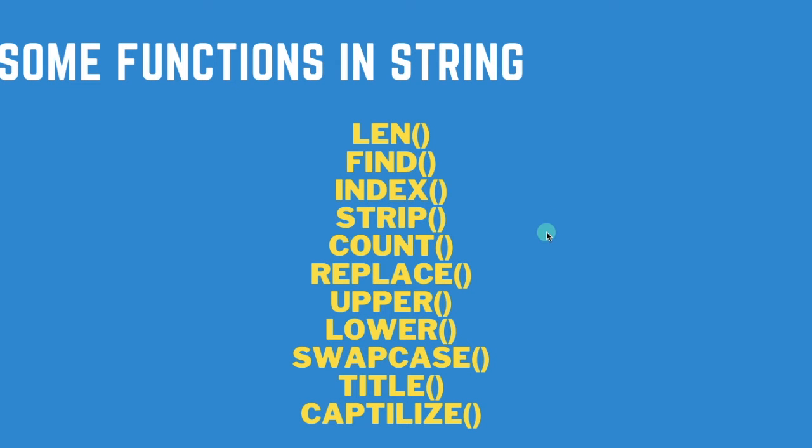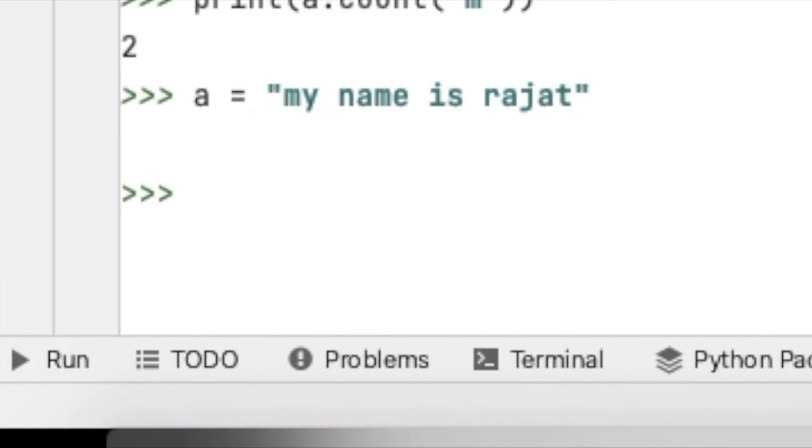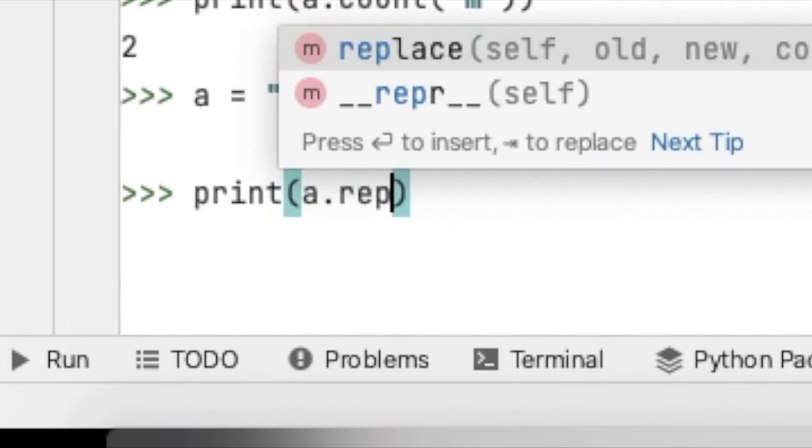Now the next one is replace. Okay, let me give you the example for this. So here I'm taking like my name is Rajat. Okay, and I'm using here print A dot replace.